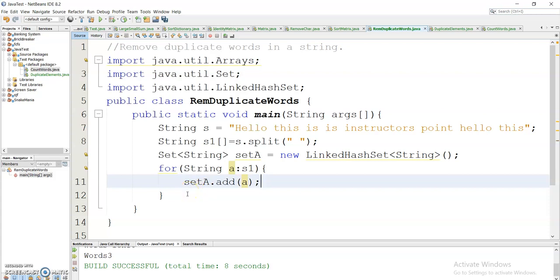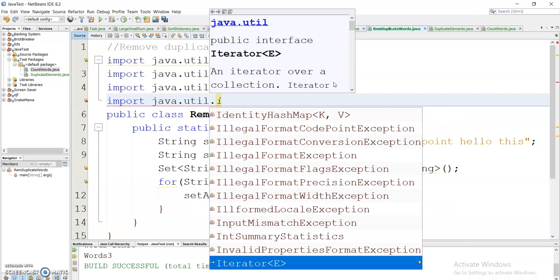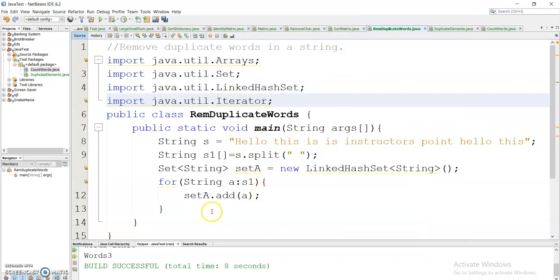Now I need to traverse through the elements of the set, so I will use the Iterator class. Let me import it: import java.util.Iterator. After this for loop I will iterate through all the elements of this set.